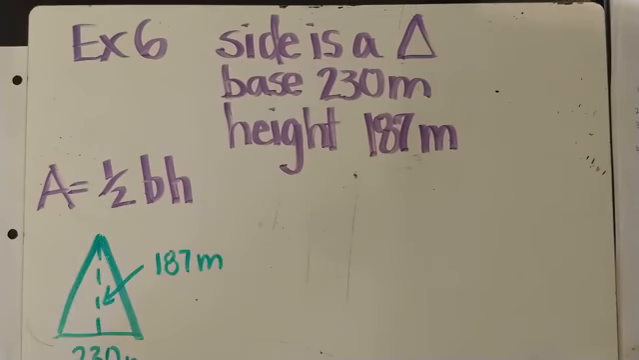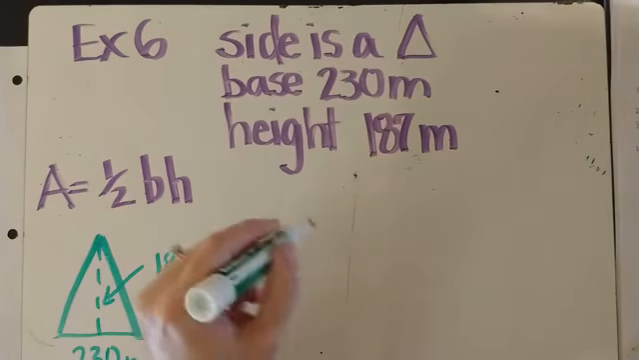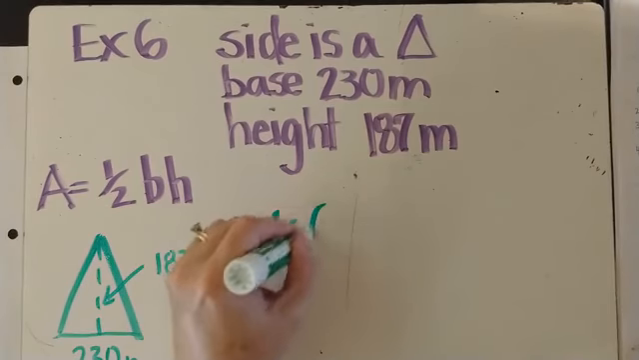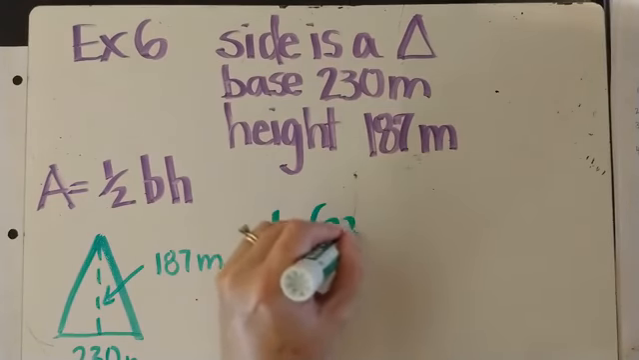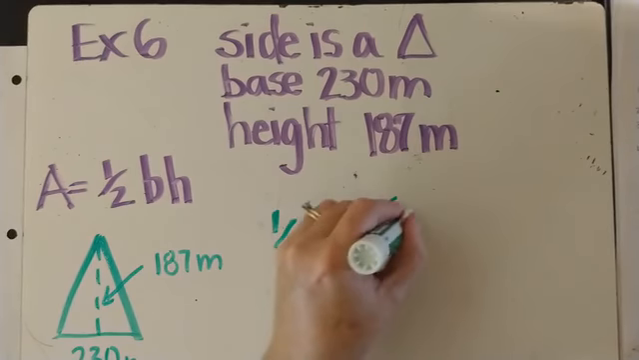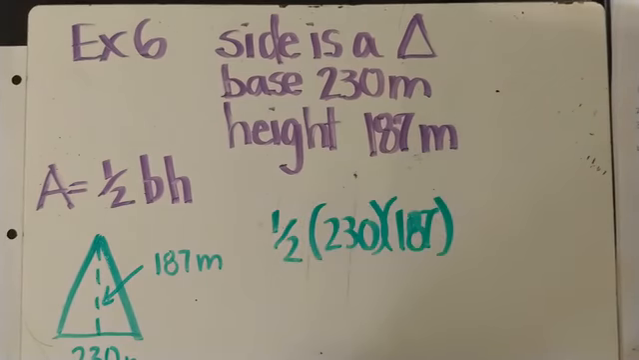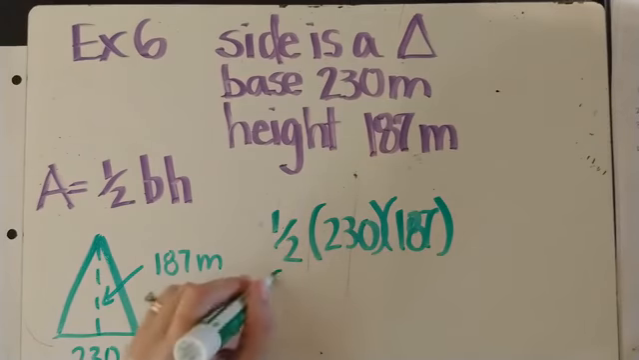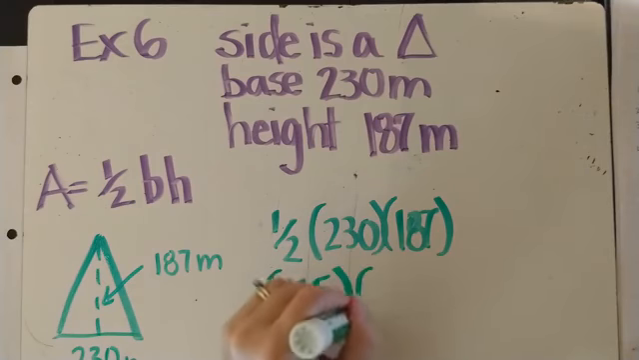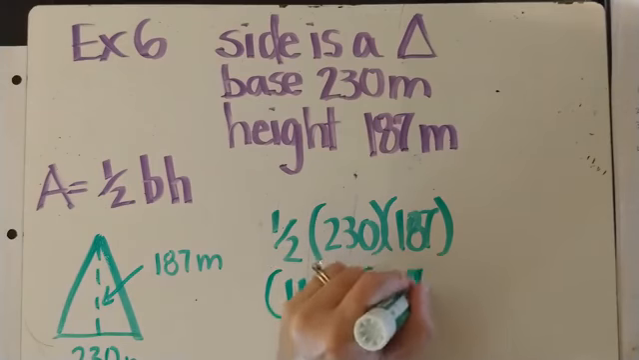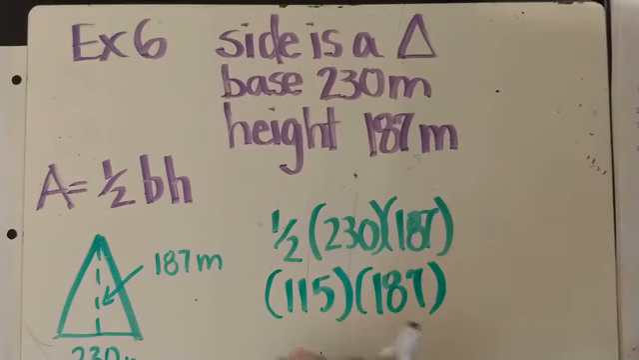And it says to find the area, we have to substitute base as 230, height as 187. So we're looking at 1/2 times 230 times 187. And you can work from left to right on this. 1/2 of 230 is 115. So then you have 115 times 187. Multiply these together and you come up with